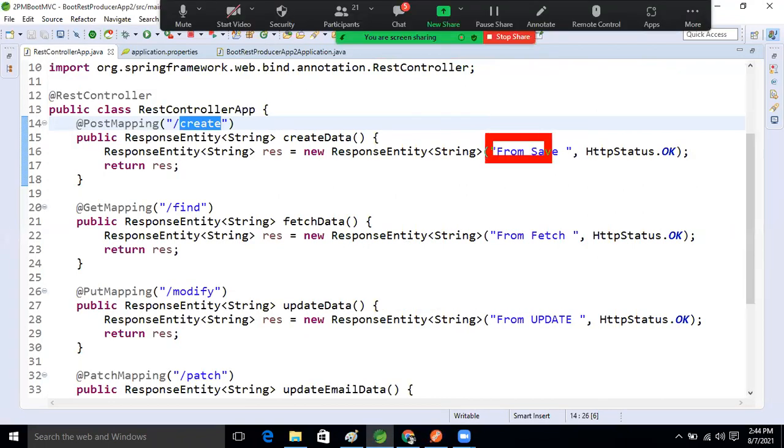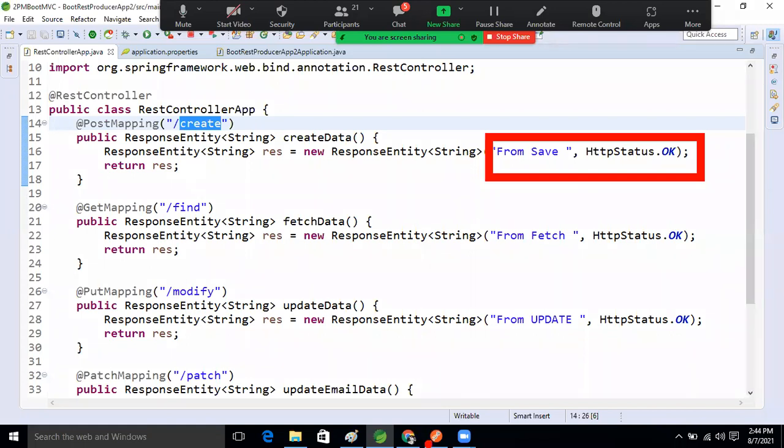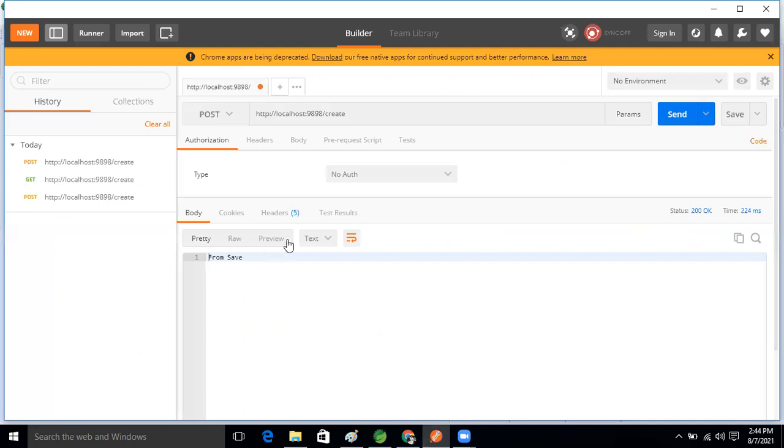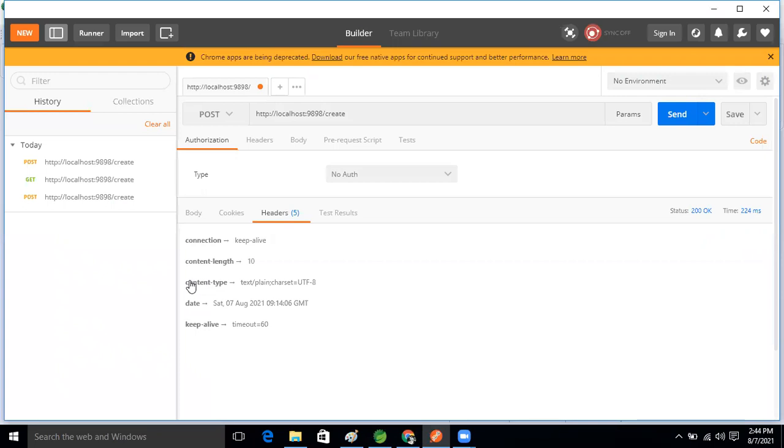Yes, Ravi, this method result we are getting on the browser, right? But which kind of data is this now, guys? String, right? I said that if string data comes, then it is text data. The content type is text plain. We are getting plain text data, or not, guys?